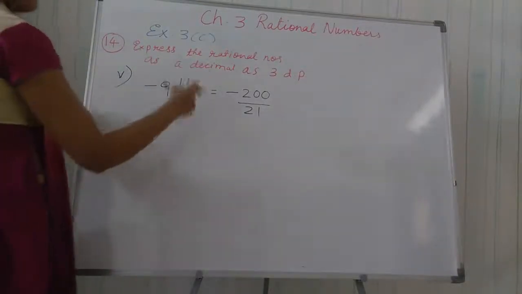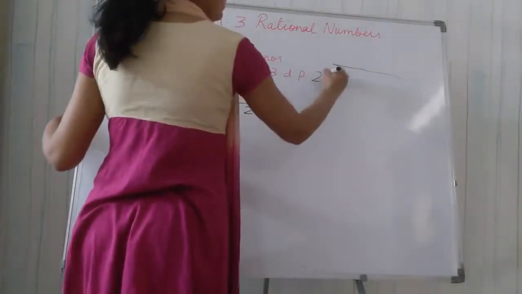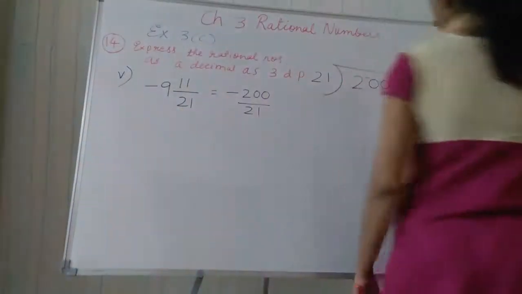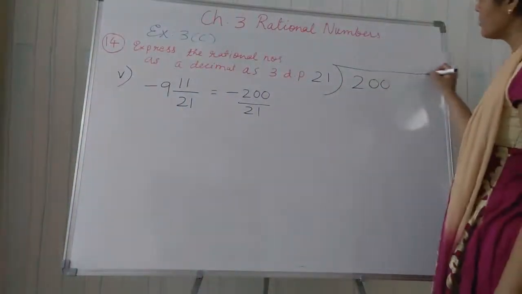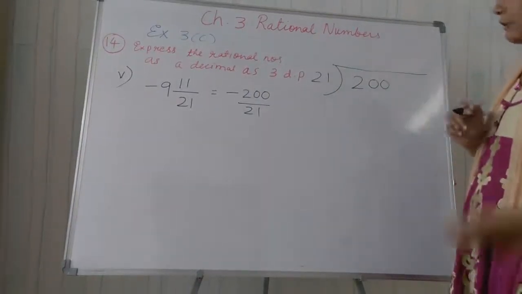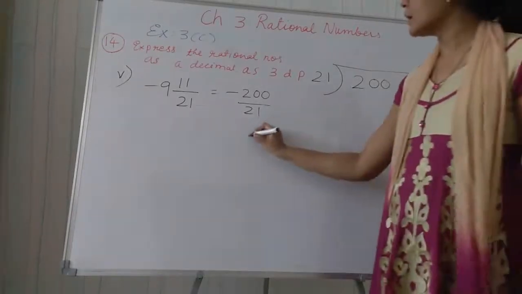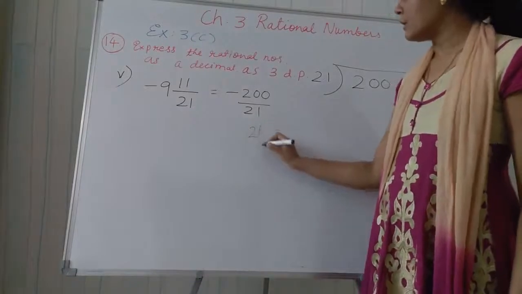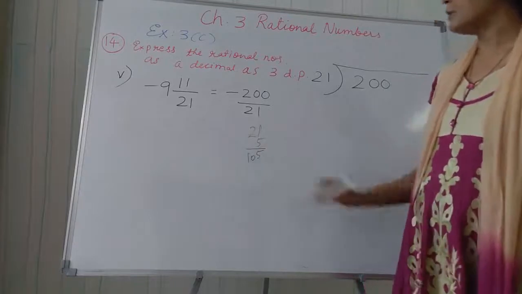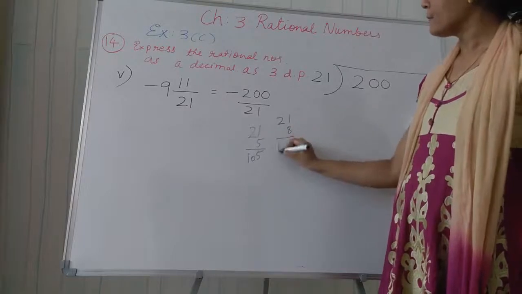Now we have to divide this. So let us start here. This is 21 outside and 200 inside. Okay. So first of all, you see, if you take 2 digits only, 20 is smaller than 21. So we cannot divide like that. So I have to take 3 digits. For that, I will take here 21's table. So 21 5s are 105. So I take 21 8s are 168.